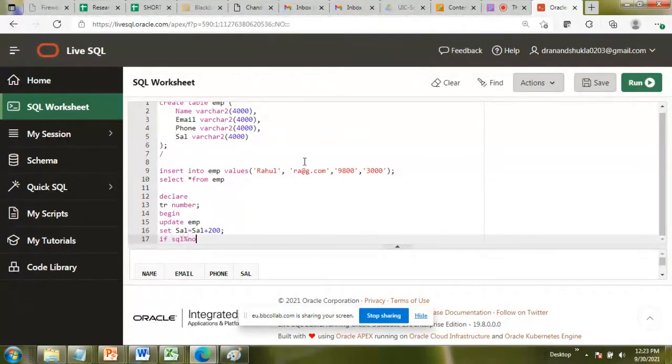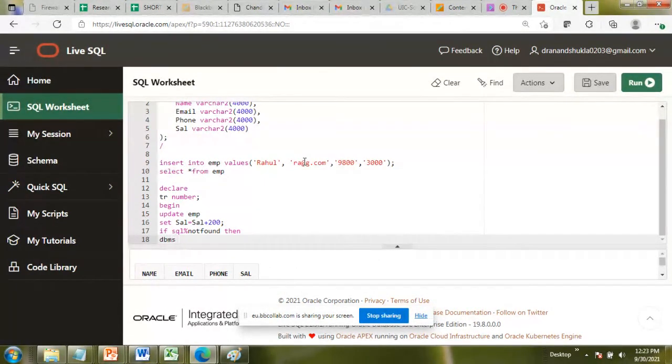So if SQL%NOTFOUND, there should be no space between the not and found. Then you can print a message like DBMS_OUTPUT.PUT_LINE, no records are updated.